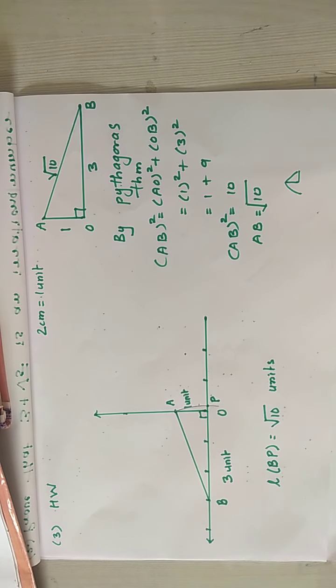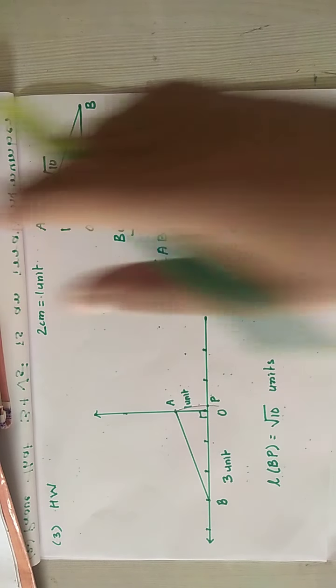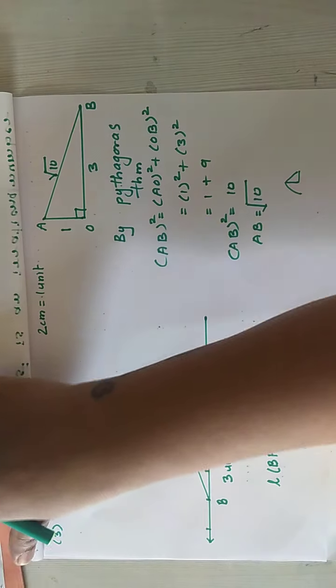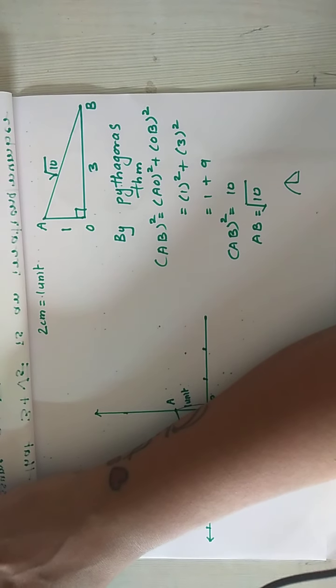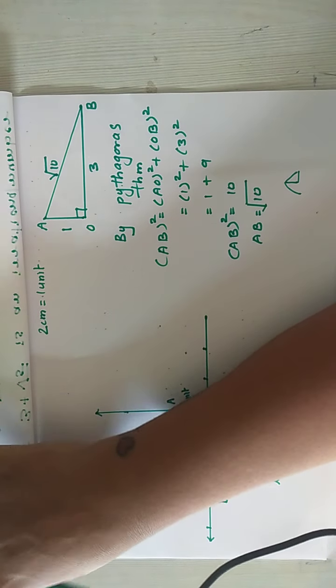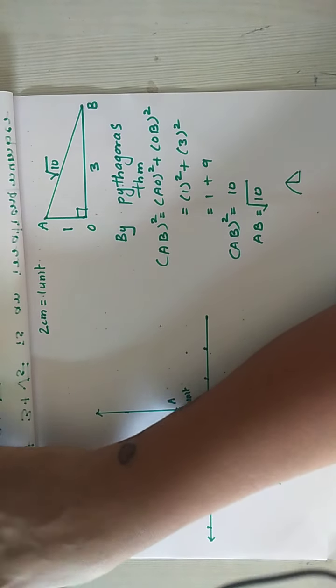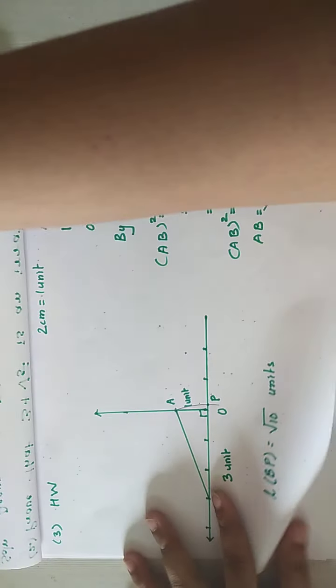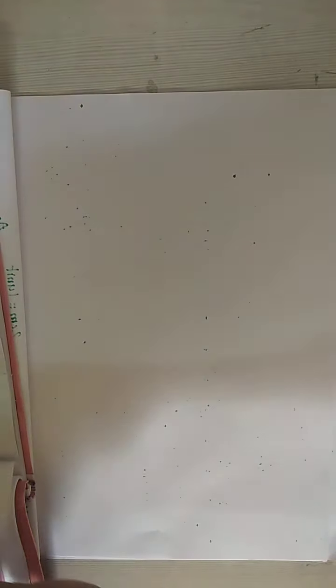Now let's go to question number 4. Now question number 4 is very simple for all those who know number lines very well. All those who are very comfortable with number line, for them question number 4 is very easy. Let's see question number 4. Question number 4 says that you have to write any 3 rational numbers between 2 numbers which are given in the sum. There are 2 numbers given. You have to write any 3 rational numbers between them.